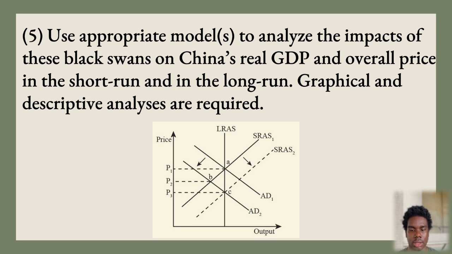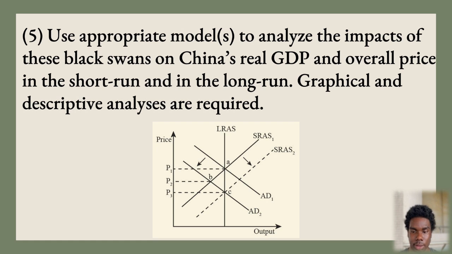In this case, there would be a decrease in the aggregate demand, which causes the output to fall in the short run. However, in the long run, over time, the short-run aggregate supply will shift and the output would return to its natural rate. As you can see, in the short run, the aggregate demand curve will shift to the left due to the reduction in consumption, investment, and net exports. This leads to a lower real GDP and price level.